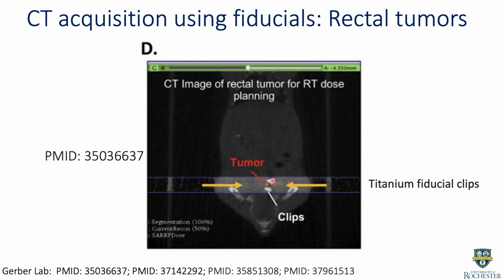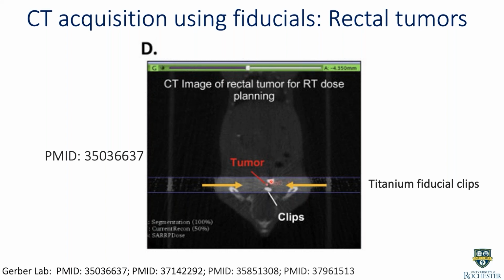And the radiation regimen consists of 5 consecutive daily doses of this highly conformal 5 gray beam that's delivered 9 days after tumor implant. So we use the fiducial markers to target the tumor with this conformal beam. And then the output of the study is to measure tumor burden and survival longitudinally with time after radiation, and then compare that tumor response to histology and flow cytometric analysis to look at the recruitment of immune cells and the response of immune cells to this short course of radiation therapy in this orthotopic tumor